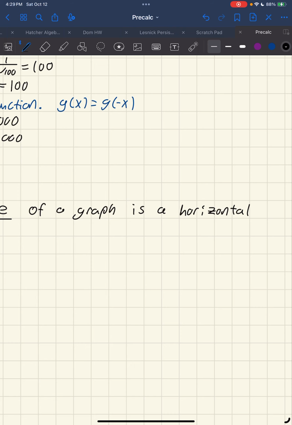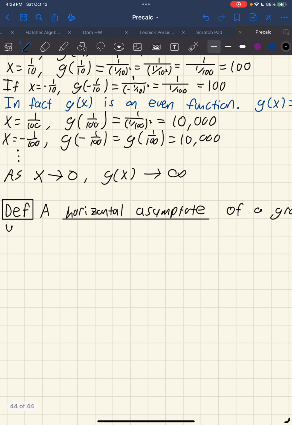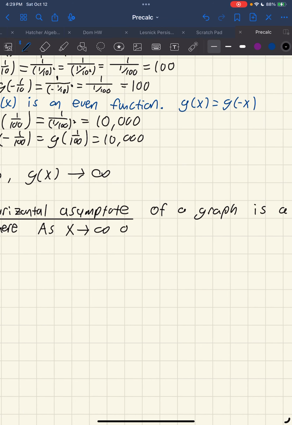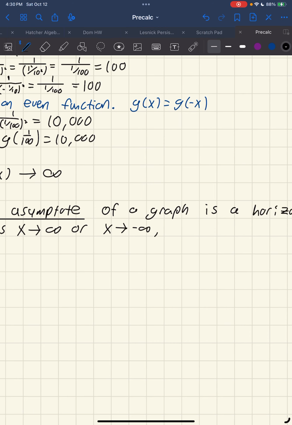They're all just a constant function. A horizontal asymptote of f is a horizontal line, y equals b for some b value, where as x goes to infinity or x goes to negative infinity, either way, f of x is going to be